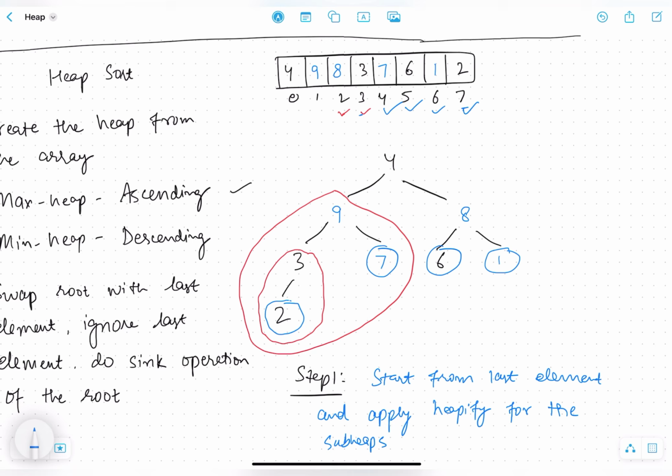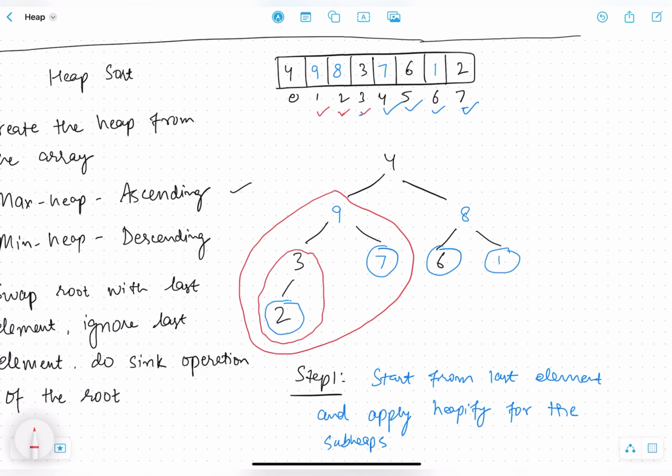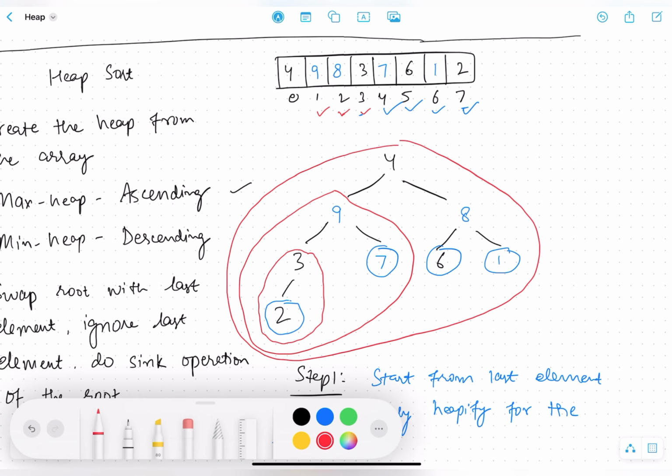Right? So 7 again is following the property of max heap. That's good. Let's move to the next index, 4. Is 4 following the property of max heap, the entire subheap at 4? No, it is not. Again, we have to replace it. So we have to replace 4 with 8 or 9. 9 is greater. So replace it with